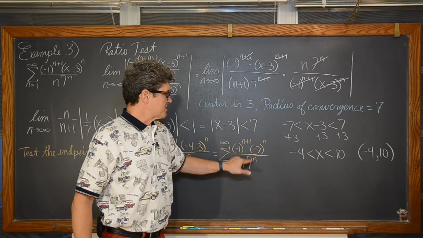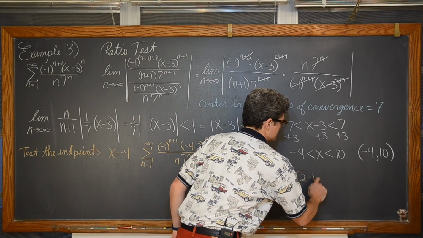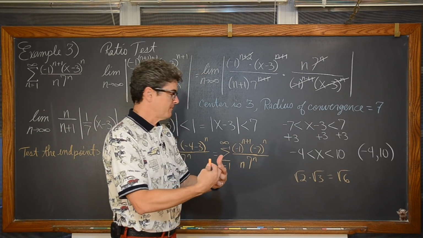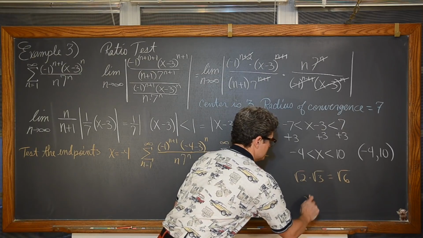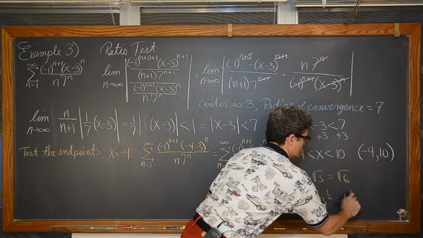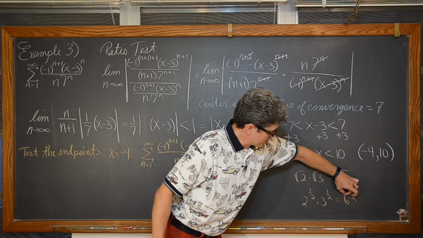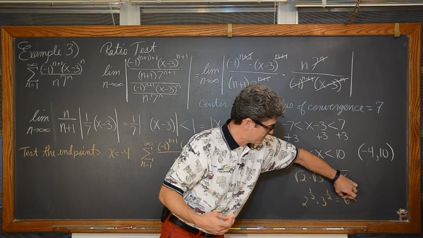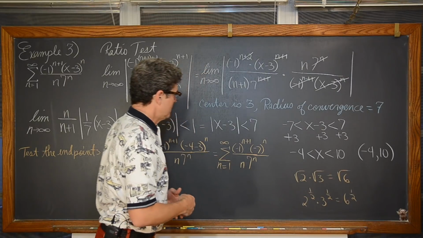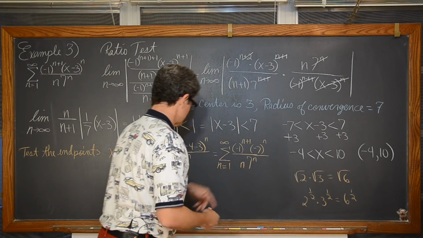Looks like we could almost make those things cancel out, right? And what's the square root of 2 times the square root of 3? Well, that's just the square root of 6, right? You can multiply inside. Well, what do we have here? We have 2 to the 1/2 power times 3 to the 1/2, and that's 6 to the 1/2. So we can multiply together 2 times 3 is 6, and in reverse, factor that 6 to be 2 times 3 within those matching rational powers. In this case, we just have n.